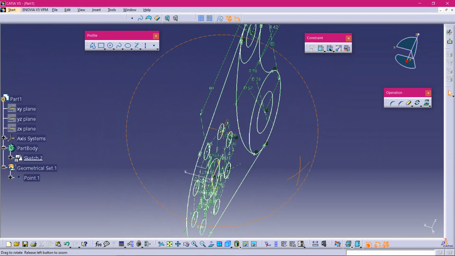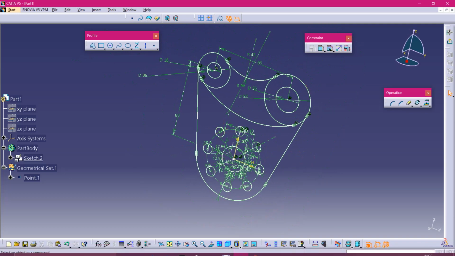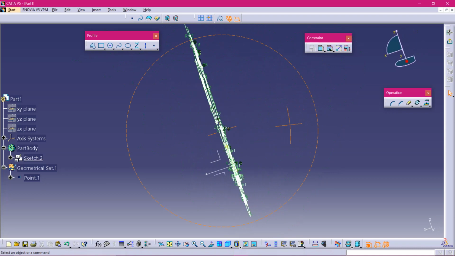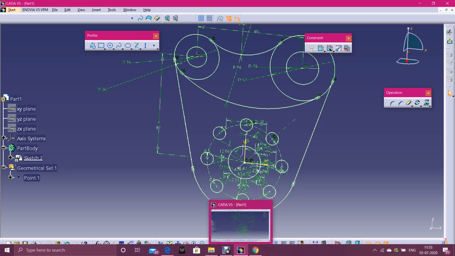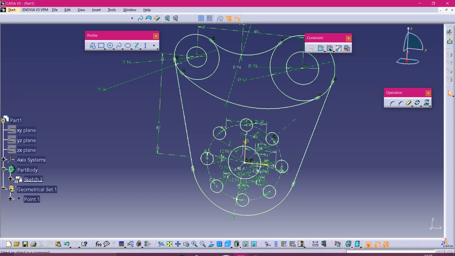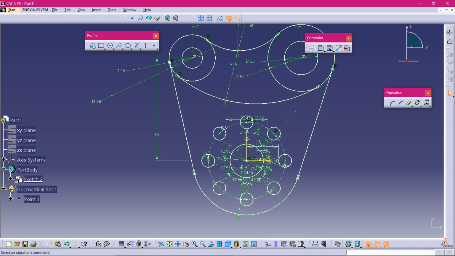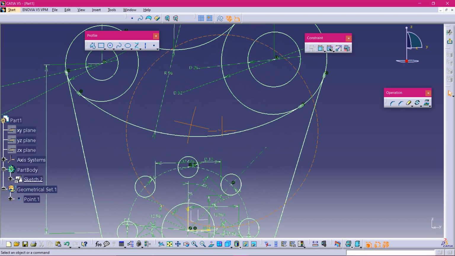I'll show you how to pad in the next tutorial, and we'll go to sketch based features and part designing in CATIA in the next tutorial. So this is all with sketching. The more you practice, the more you can get. Keep practicing all the things. The next video that I'll be posting will be after 2 days, so that you can practice and get familiar with this sketching. The only thing you have to do is practice more, so that you will get a good idea.